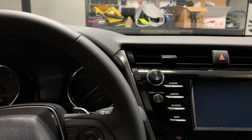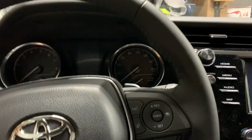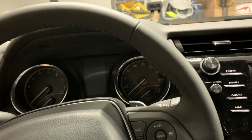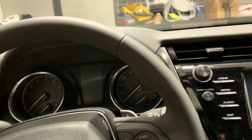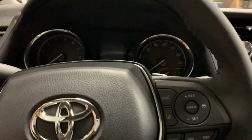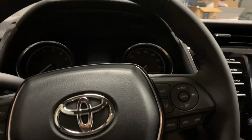The only other thing I will say that this car could use is just slightly more power. I feel like getting up to freeway speeds takes me a little too long, and I don't feel safe when that is the case. Add 20, maybe 25 more horsepower to this thing, and there won't be any competition for it that I can think of. In fact, right now, I don't know what the competition to this really is, because I'll be honest with you. Before this, I had the Acura TL for